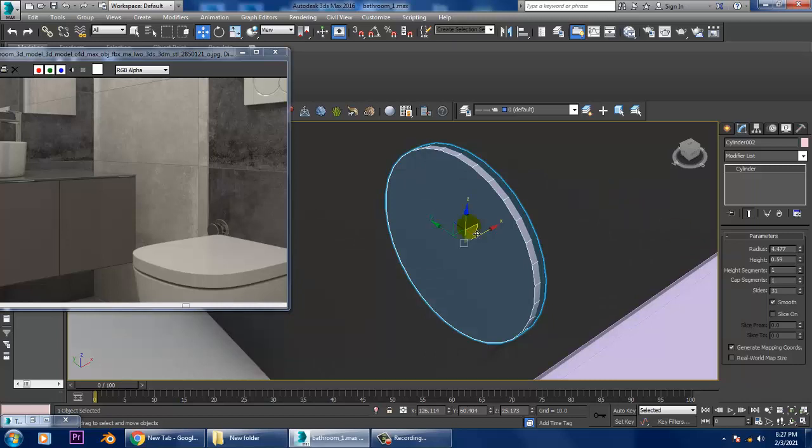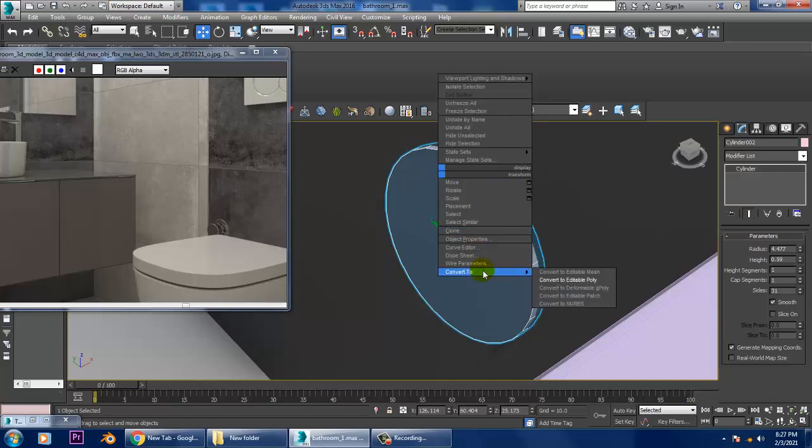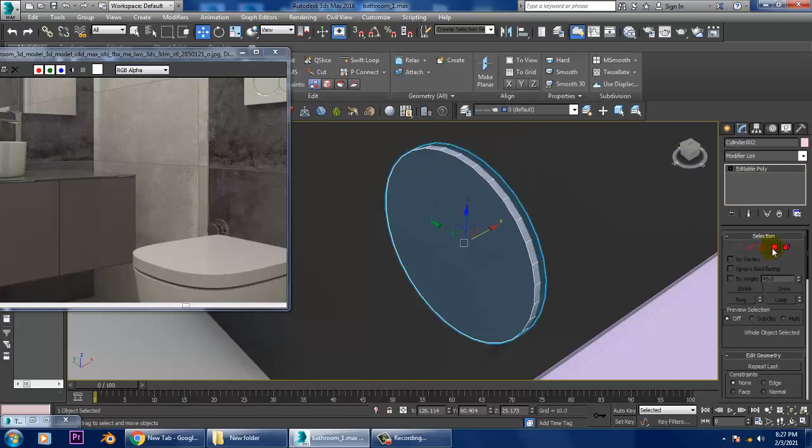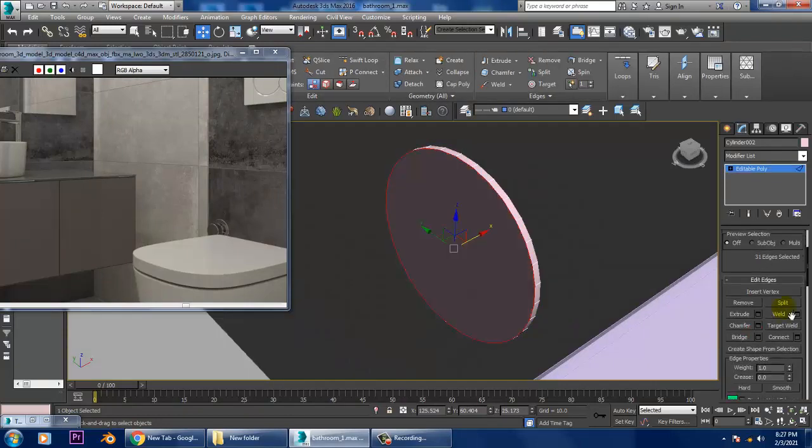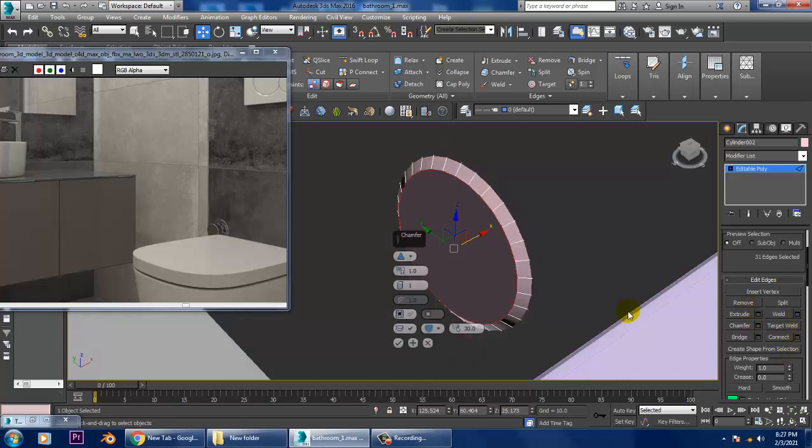Now, after converting it into poly, select the polygons, control and click on the edge, and let's give a bit of chamfer.